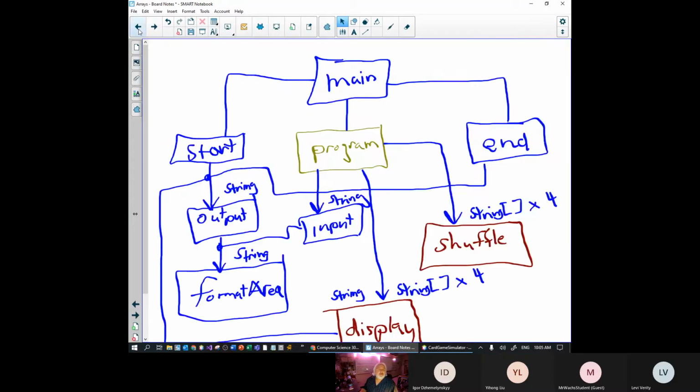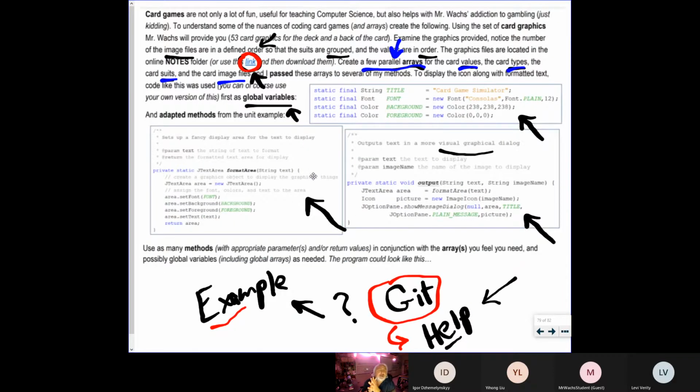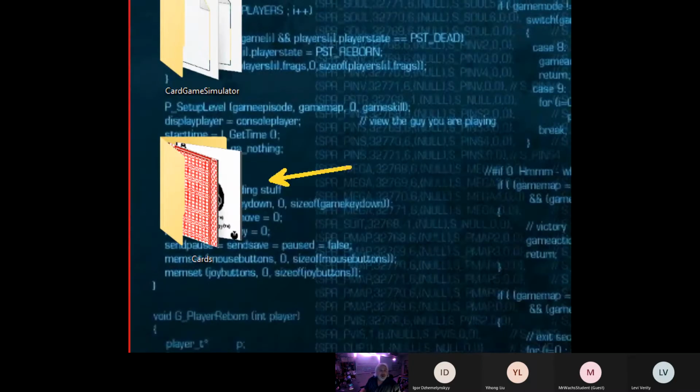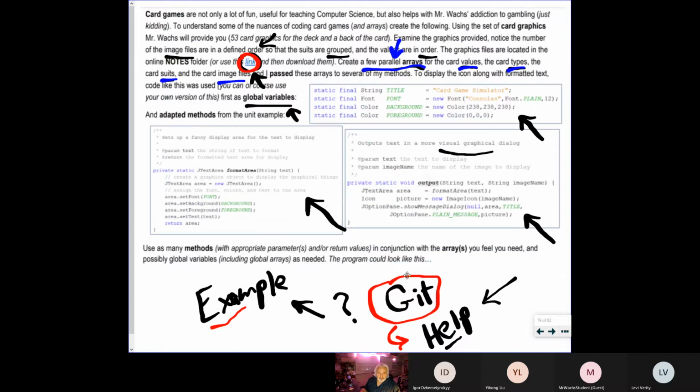Then I'm going to go back and remind you guys that we started looking at this card game example together, including a download of all the card graphics. So that should be sitting on your desktop or wherever you saved it, would be the card graphics to go along with the program we've been making. Okay. Also, we realized that that GitHub page from our class help page would help, so we wouldn't have